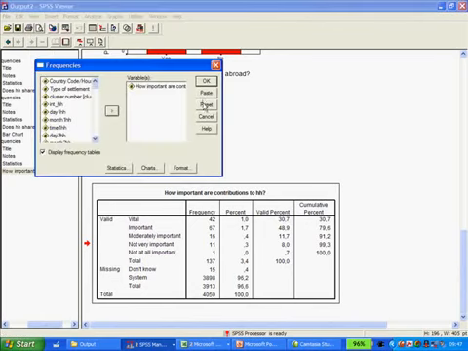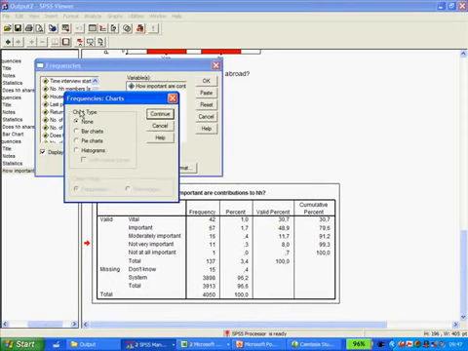And then we reset that window. We often need to do this, and move down along the variables and find this question that we want, which is how important are contributions or remittances paid by other people that are abroad or away, that have migrated to the household. Now here we go to charts,